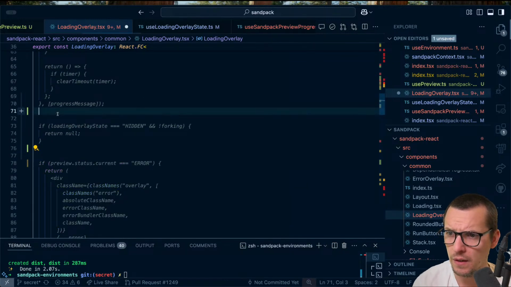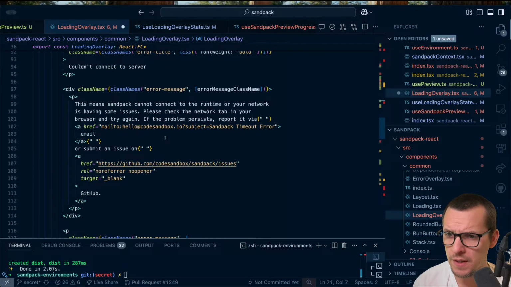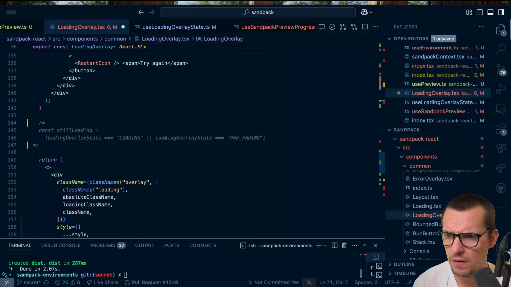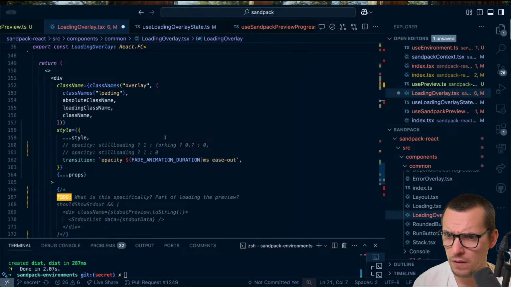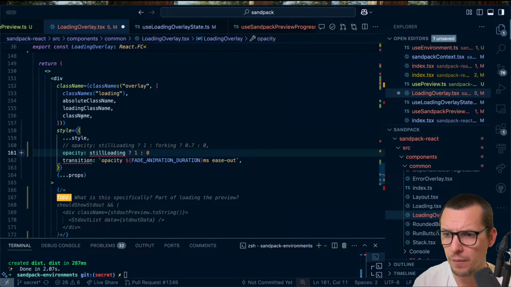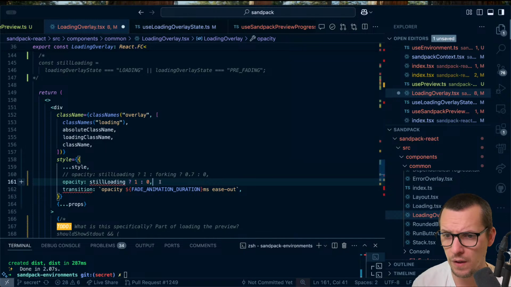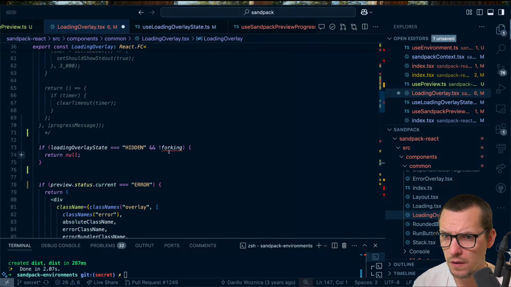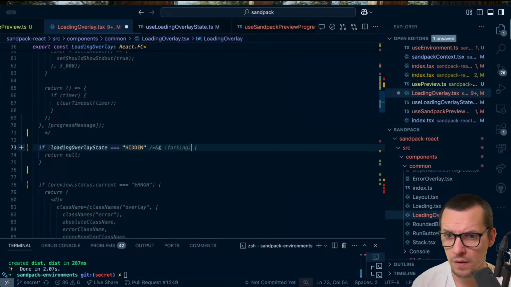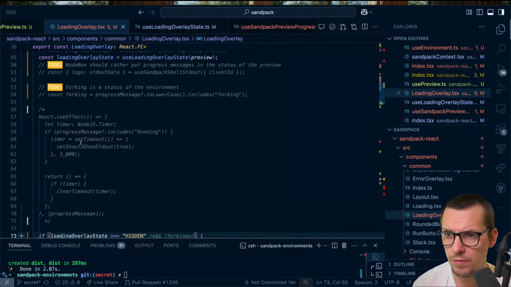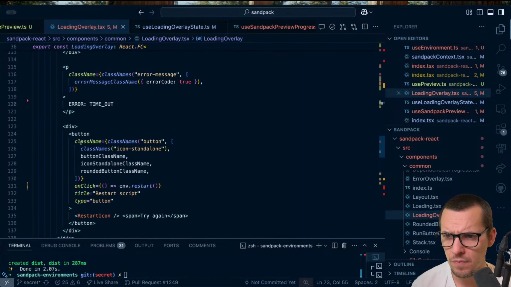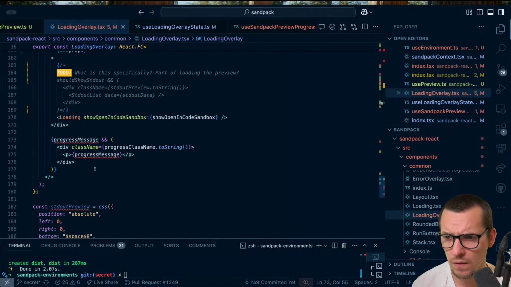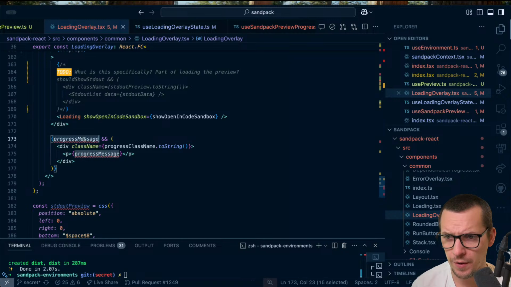I guess we need, if it's hidden. Oh, sorry. Yeah, we need, and then still loading. So we need this, but we don't need this forking stuff. And then we have this progress message, but that's